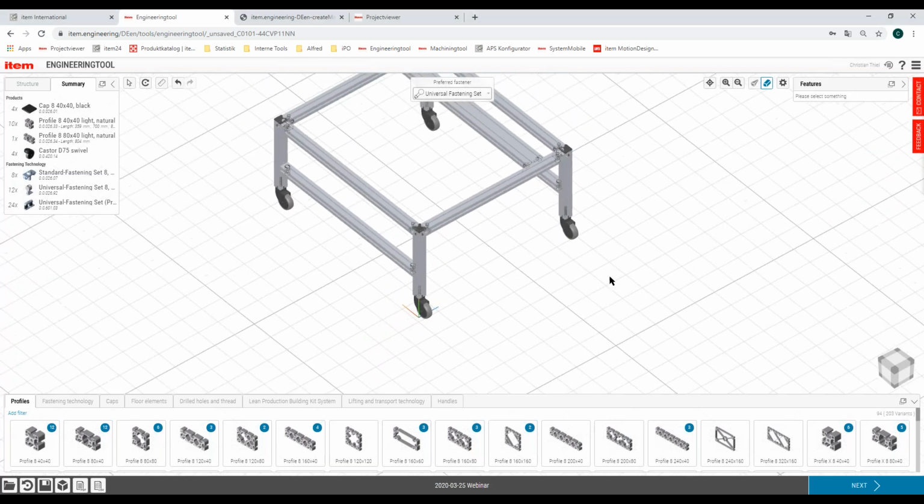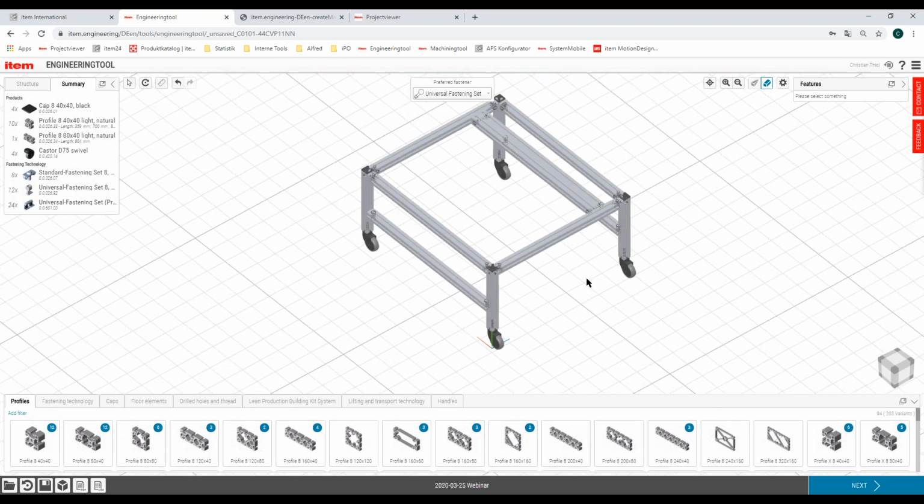We would love to have a feature which gives us an interface between CAD and the engineering tool to be as fast as possible, but this will take much more time, because, as I said before, it's an invention of our own, and at the moment we are focusing on having a product catalog as complete as possible, with a clear focus on panel elements, hinges, and things like this, which are necessary for the basic design of item components and of our product configurators like workbenches and system mobiles.